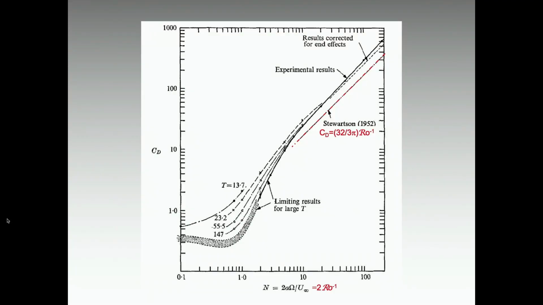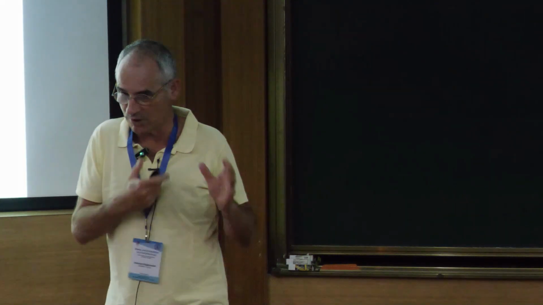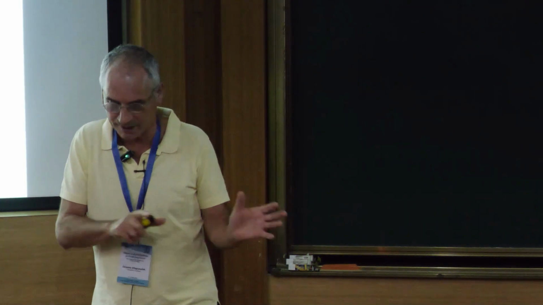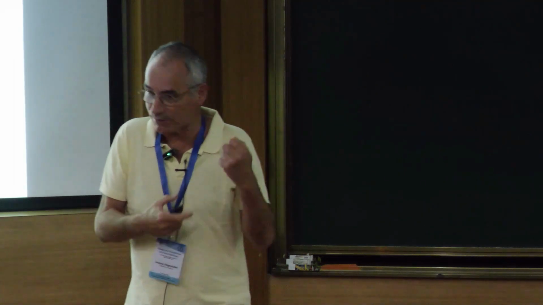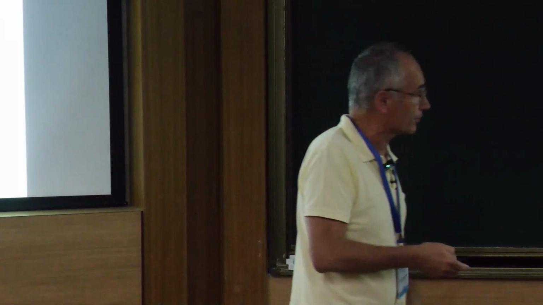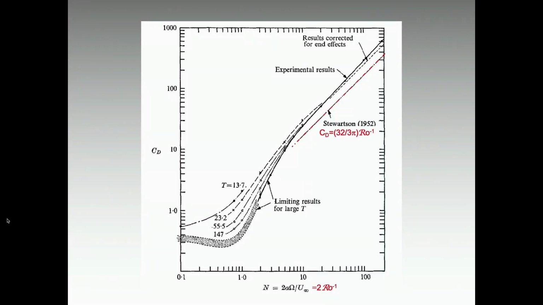So there is a very nice agreement, except that there is a significant offset of 70%. Here is the theoretical prefactor that was derived by Stewartson, but for some reason, in the experiment, Maxworthy found a prefactor which is 70% higher. And this has been puzzling people for more than 50 years. This was our main motivation to revisit this problem on a computer, to try to understand where this offset comes